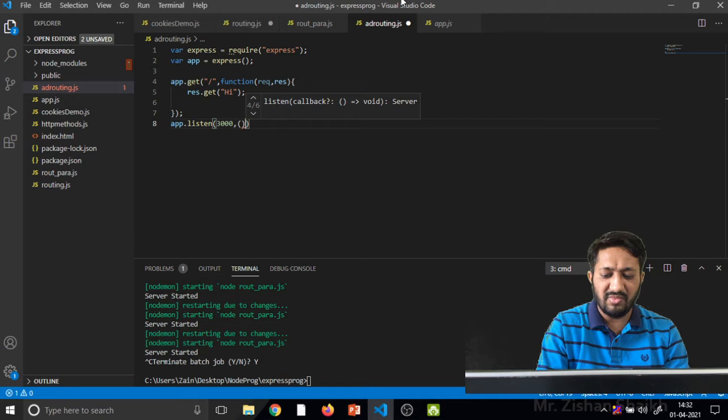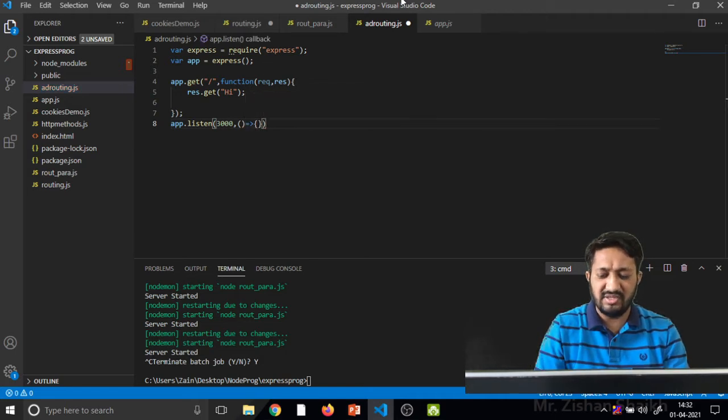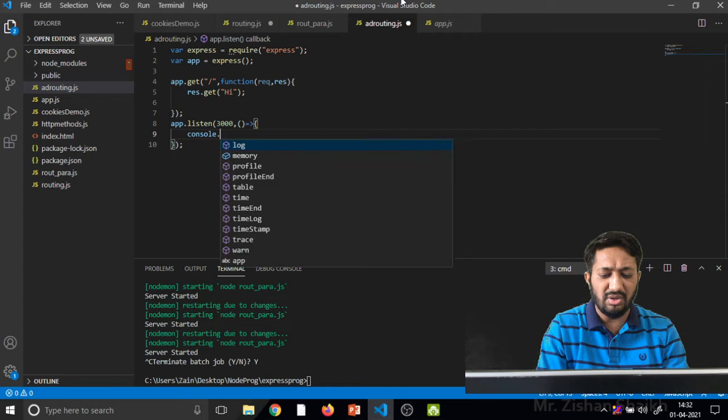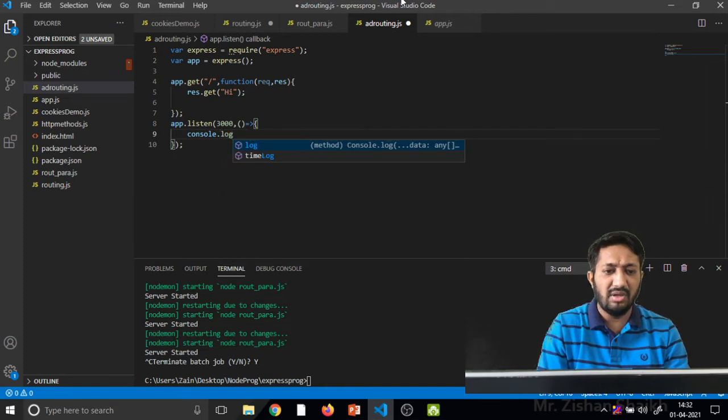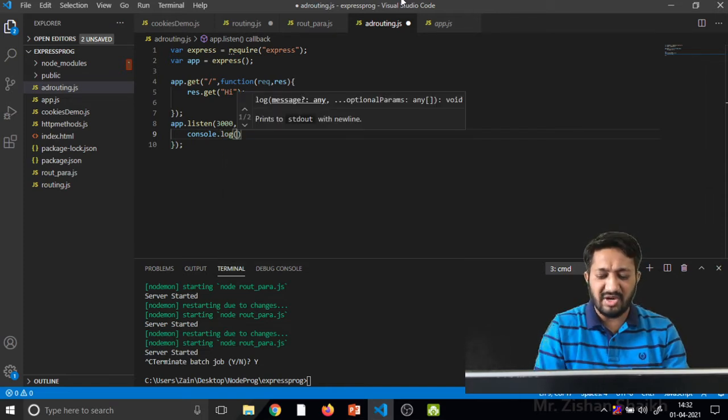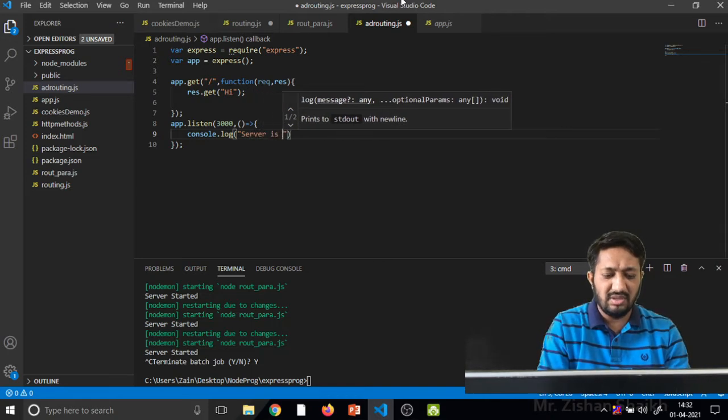Next I am passing the callback function, which is just telling that our data already exists, or we can say I'm printing something on my console, that is console.log, and I'm writing just that the server is running now.